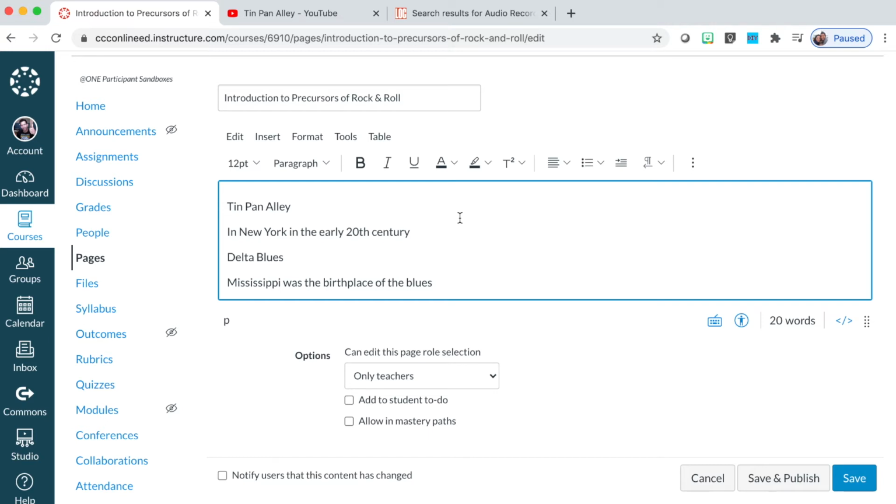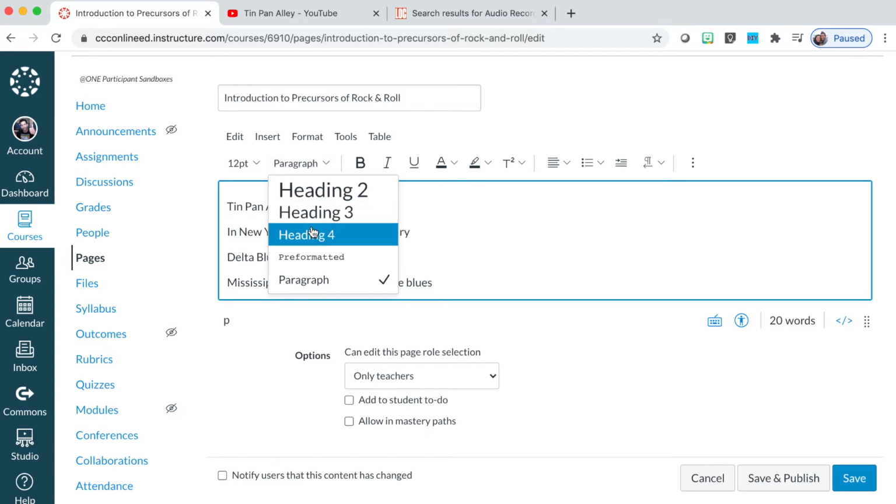Why is that important? Because what I'm going to do next is select the paragraph drop menu. And I see now that I have heading 2, heading 3, and heading 4 as options. What I'm going to do is select heading 2.